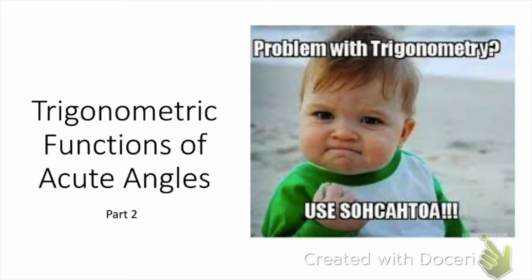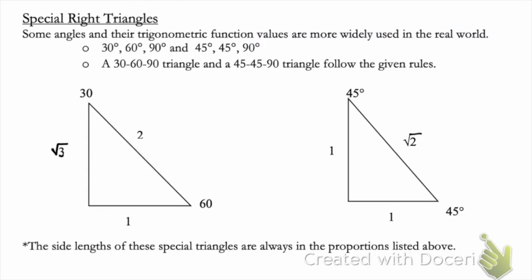Trigonometric functions of acute angles. Special right triangles. Hopefully this is something you also recall from geometry. We're going to work with 30, 60, 90 triangles and 45, 45, 90 triangles. These are both widely used in real-world application, and they have some given properties that we can just always have